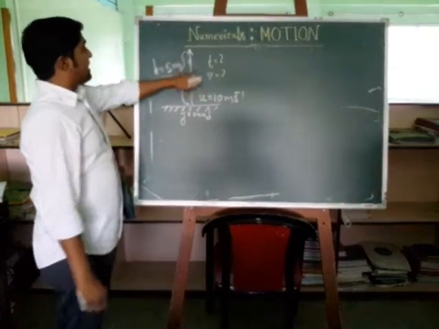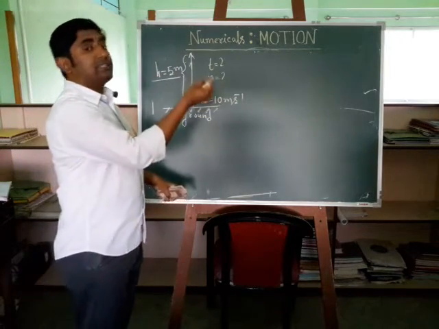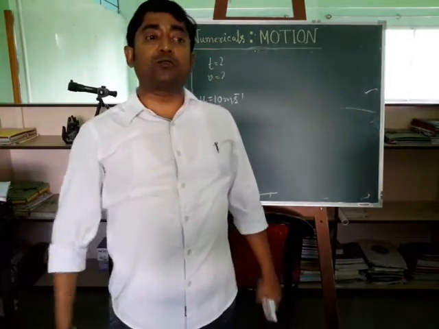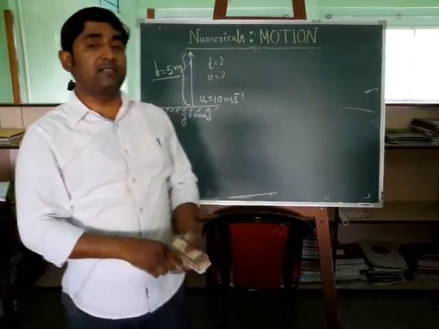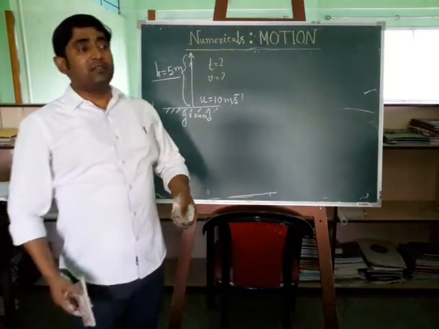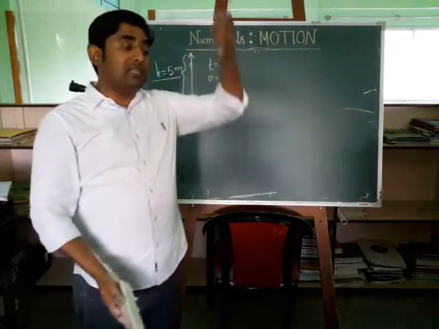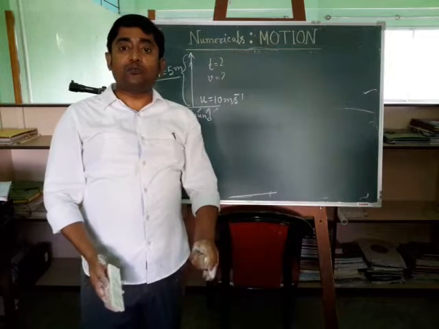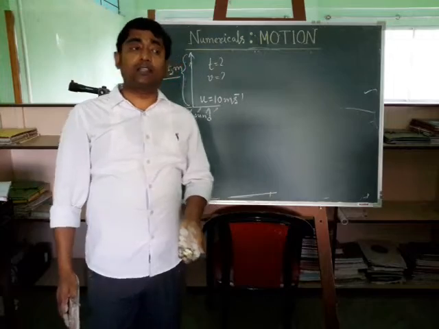And second, what is the velocity there? Okay, the second question you can answer very easily. As you are throwing a particle in the upward direction, its velocity is decreasing because Earth is pulling this object towards it. We will study in details about this force of gravitation in the third chapter called gravitation. Right now it's enough to know. You know it from your class, I think class 7 or 8, that all the objects are attracting each other. When you are throwing an object in the upward direction, it is pulled by the earth and it is having an acceleration towards the center of the earth, which is 9.8 meter per second square or 10 meter per second square approximately. Alright.